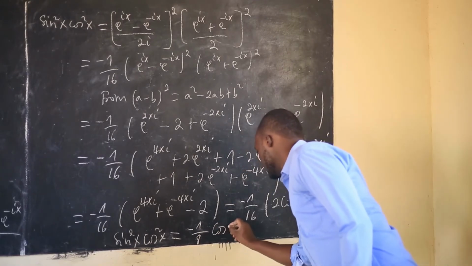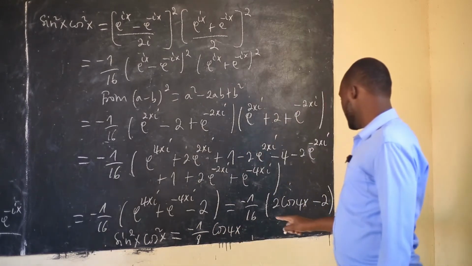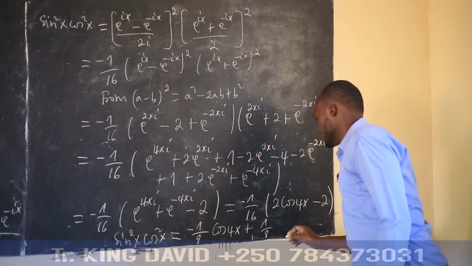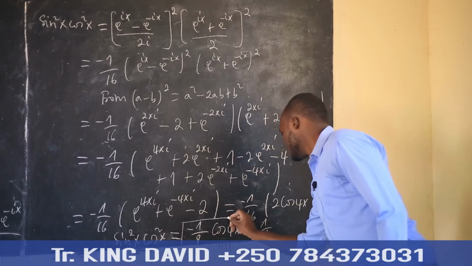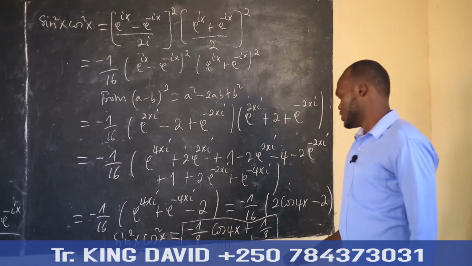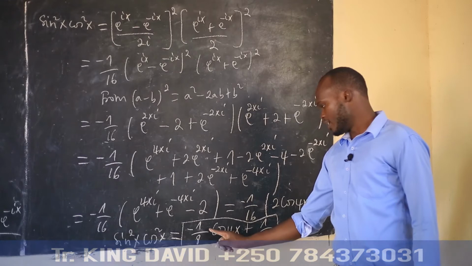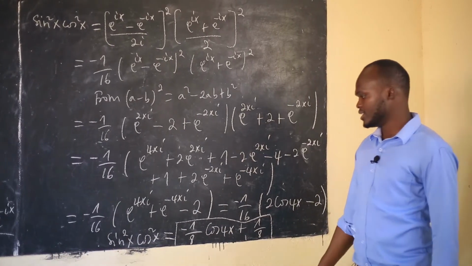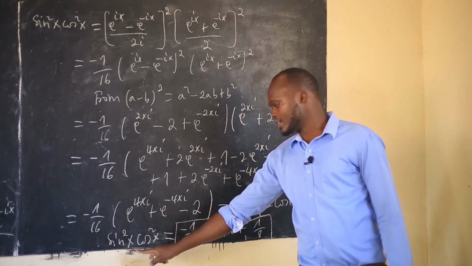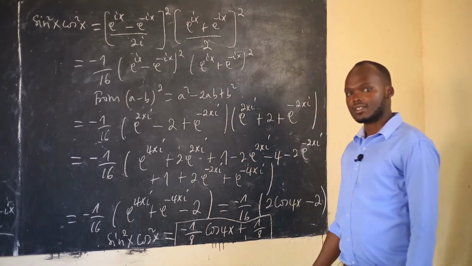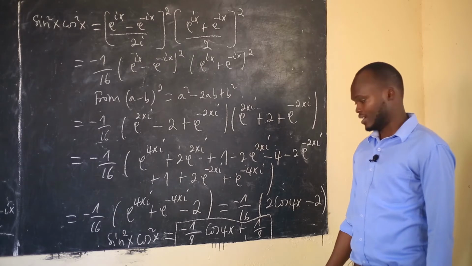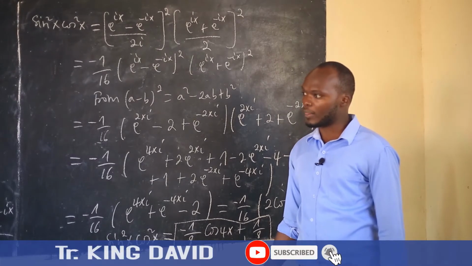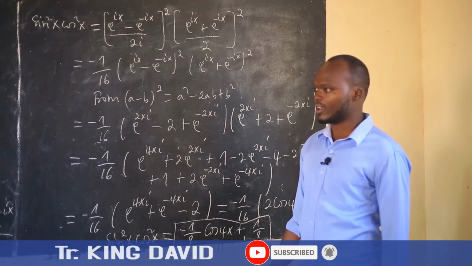cos 4x, then plus 1 over 8. So that is the answer. The answer is negative 1 over 8 cos 4x plus 1 over 8. That is to express sine squared x cos squared x as the linear combination of cos x and sine x. So this is the answer. I hope you're getting it. So let's go to number